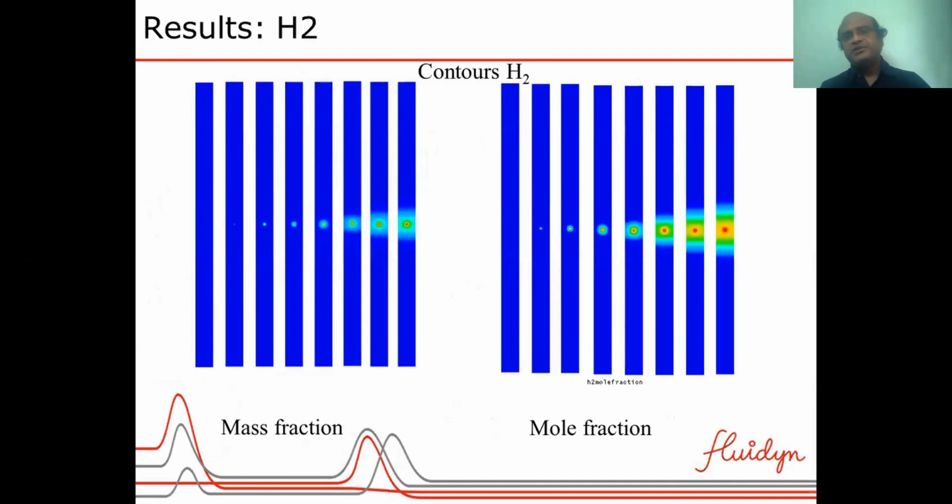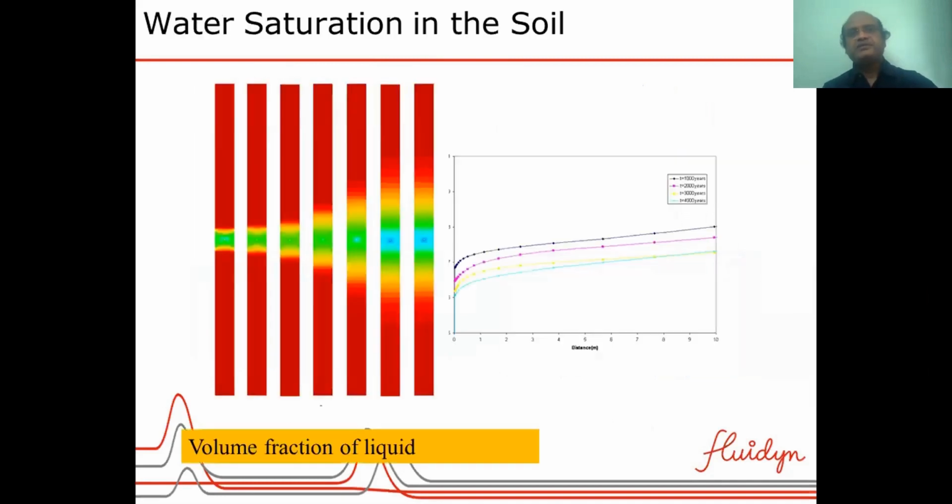This picture shows the evolution of hydrogen and its dissipation. It's a very slow process. It takes many years, but still it has to be calculated and made sure that nothing is going to happen for the near future or even the long-term future. So with this, I conclude